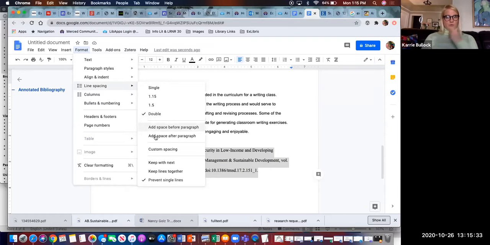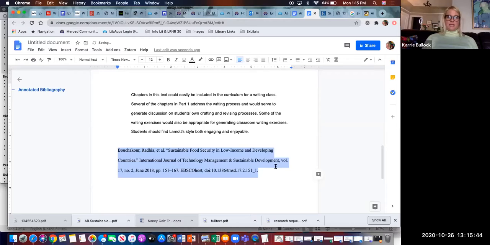So in Word, you can oftentimes indicate in the line spacing, sometimes this add space before paragraph or add space after is defaulted, and you need to get rid of it. It doesn't help anybody. I don't think that this prevent single lines does anything. I clicked it and it didn't seem to do anything previously, so I'm going to pass on that. Okay,